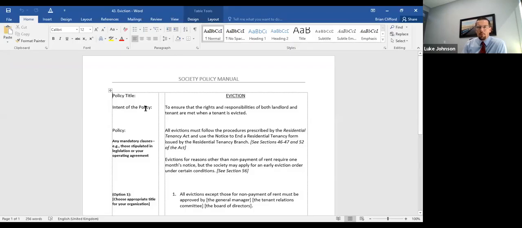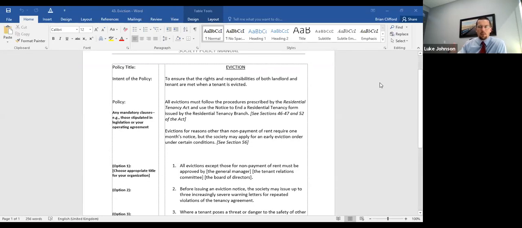And of course, their immediate response is, well, so-and-so in unit 201 also did that and they weren't evicted. Therefore, how is this fair? And there's favoritism and this is abusive. These kinds of decisions can be fraught with